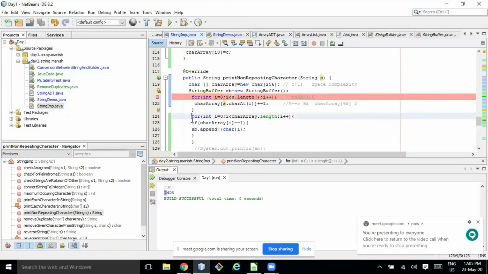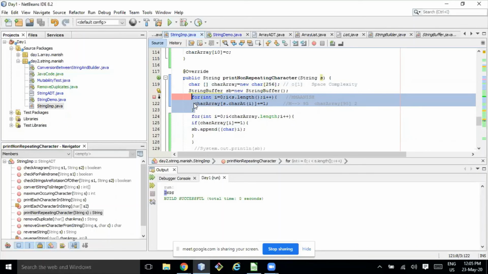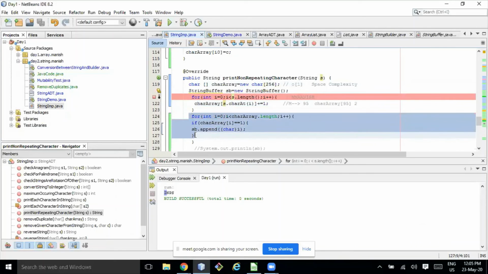But this loop will only go till 256 times, so I can say order of 1 complexity, while this one depends on the length of the string, order of n. Obviously order of n plus order of 1 will be order of n. Correct. I got my approach, I'll work on that. Thanks for the suggestion.